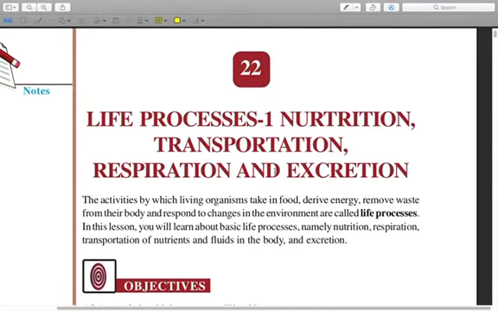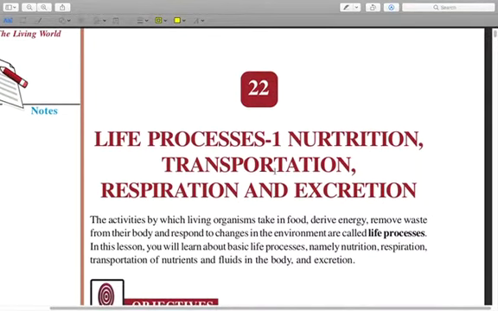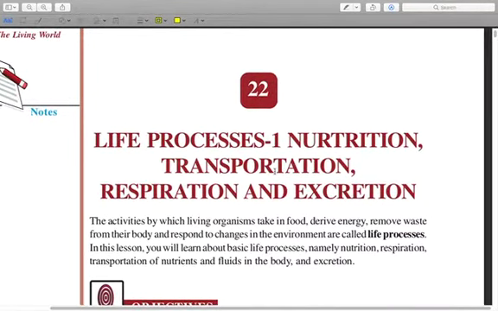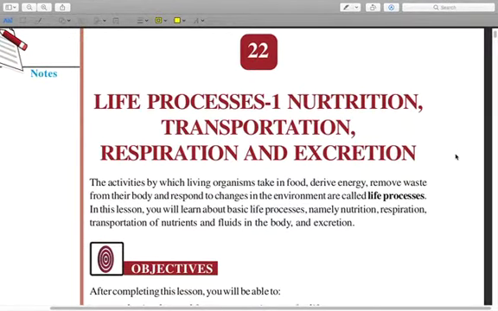And we have so far completed 3 lessons. Okay, so next, inshallah, we'll be going into lesson 22, chapter 22, which is life processes 1. We cover in this chapter nutrition, transportation, respiration, and excretion. Okay, hope you have taken your notebook and your textbook is in front of you, and let's go into the